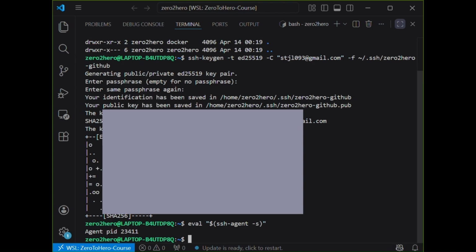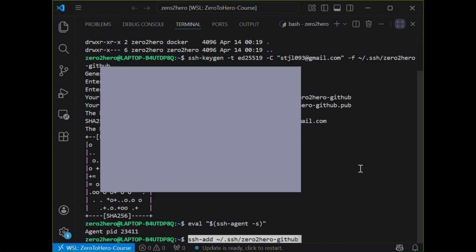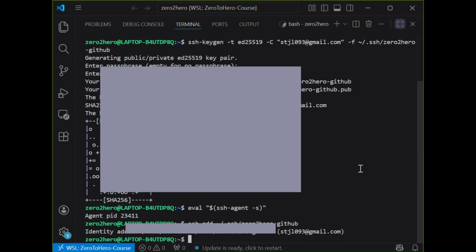Next, add your private key to the agent by typing this command, and verify it's loaded by typing ssh-add -l. You should see your key listed. If you do, excellent. Your system now knows about your SSH key.